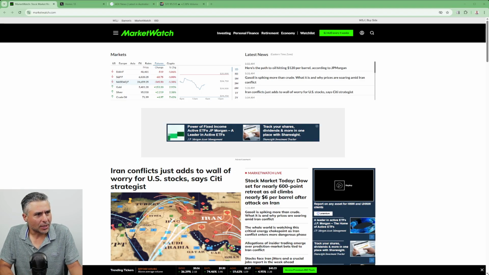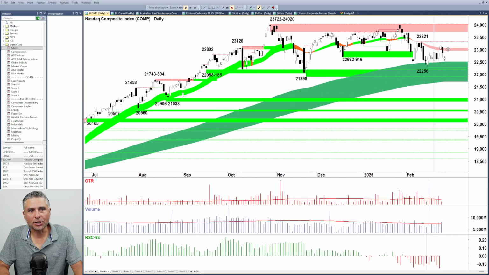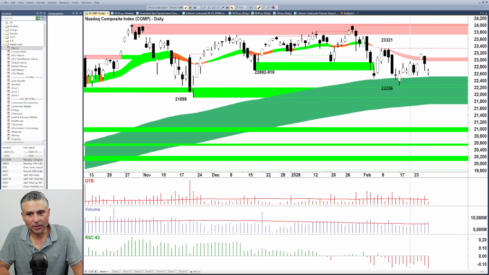So you can head over to here, futures. All right, and you can see Dow futures down about 1%, S&P futures down about 1%, and Nasdaq futures being a more risk-on market, down about 1.4%, and gold and silver we get from TradingView. That's why I wanted to head over there to put this chart into perspective, because it's going to open down. We don't know where it's going to close, but we do know it's going to open down,